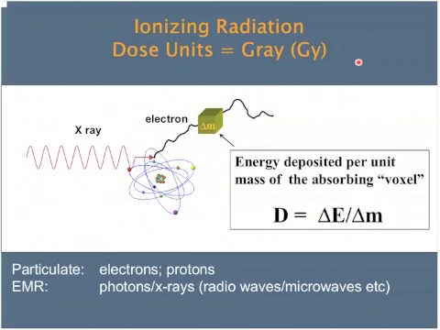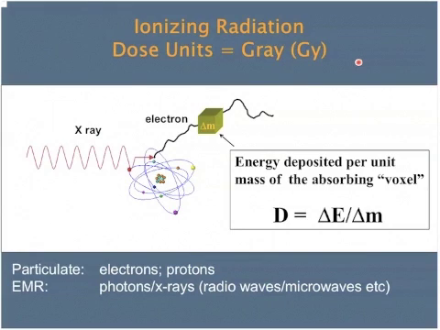And then there's particulate radiation, electrons and protons. Electrons have been around for a long time but don't have much use in the treatment of brain tumor, but protons certainly are finding more application. The effect of radiation in all instances is through ionization. In the case of photons, this is an indirect effect by liberating secondary electrons, which then produce the ionization in tissues, whereas the particulate radiations produce ionization directly